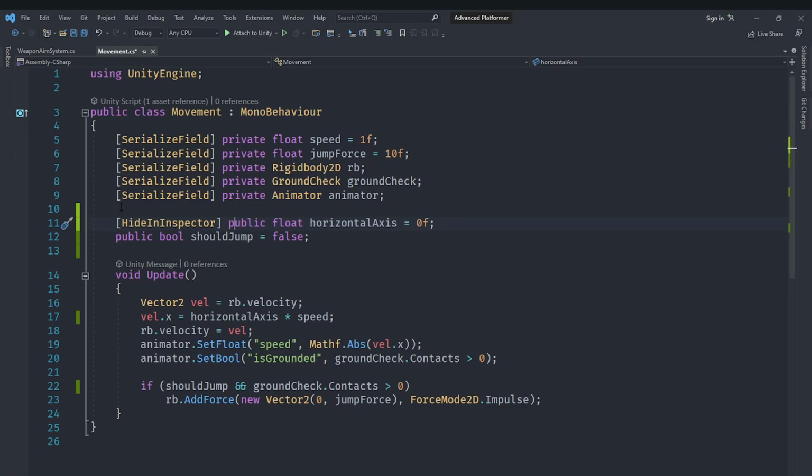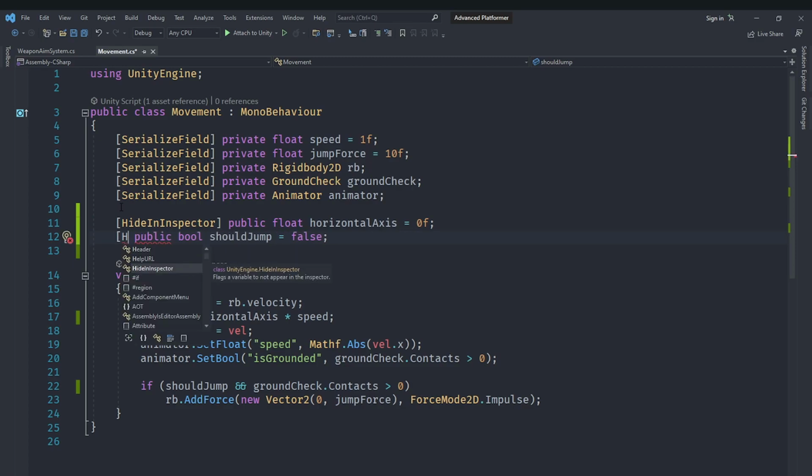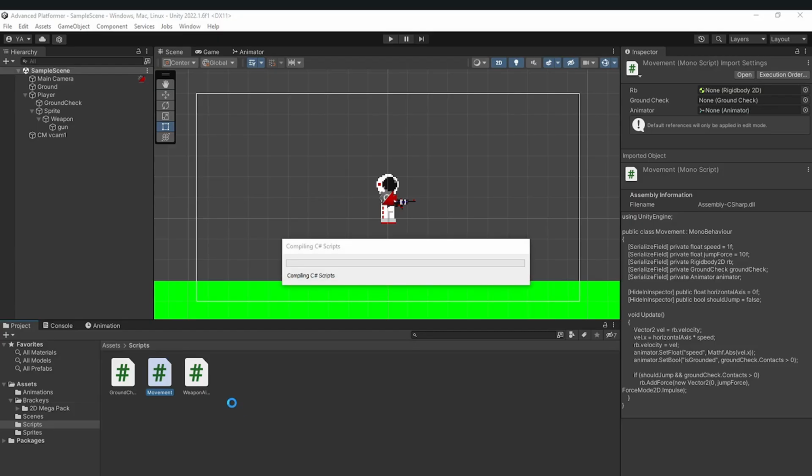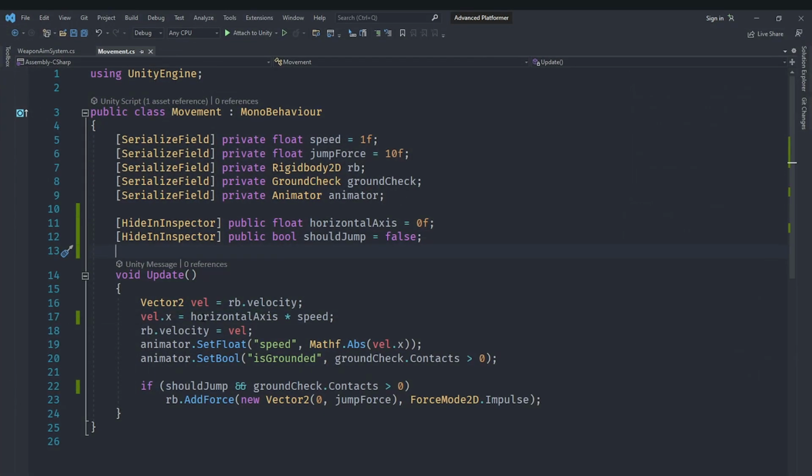We don't want them to be edited by other scripts. So we are going to hide them in the inspector so that they are not visible. By default, Unity makes every public variable visible inside of the inspector, so we'll need to add these two tags here. If I save that, we should be able to compile it, and now our character will stop moving, actually, which you should expect to happen,